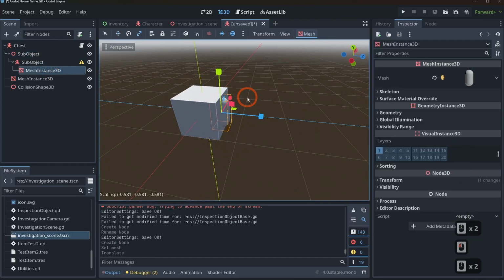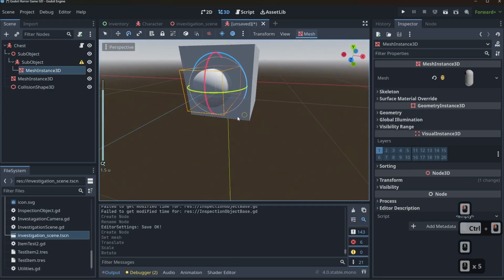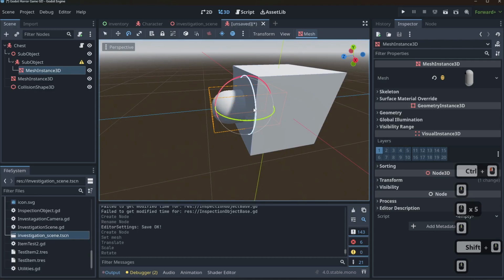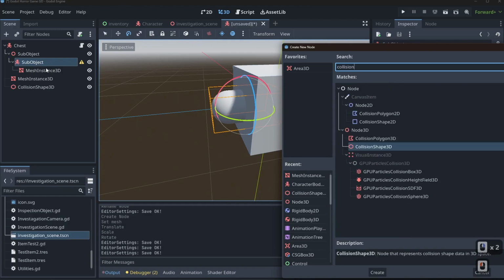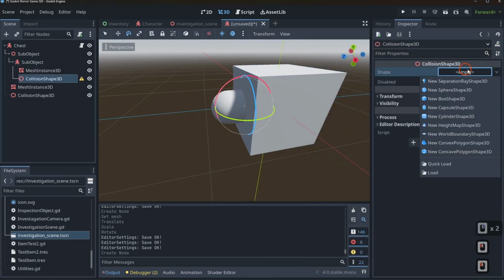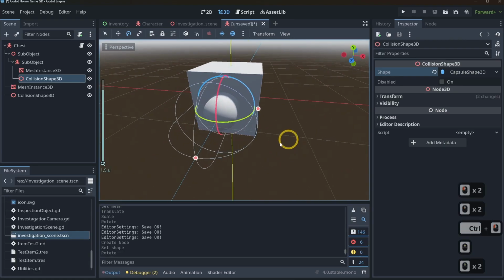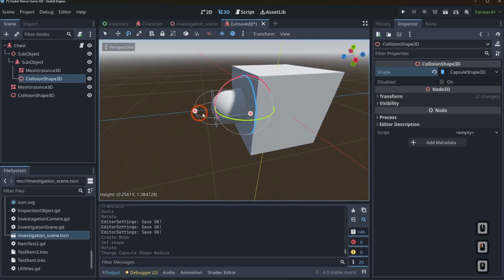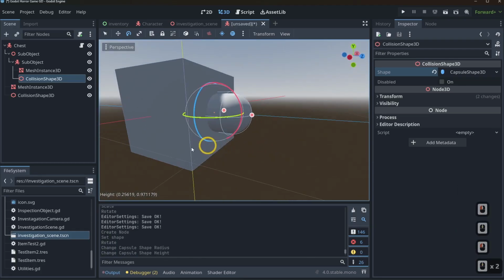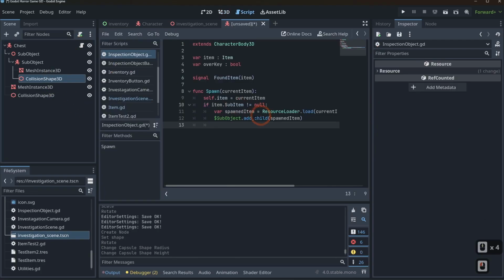And then we'll scale this guy down. We're going to rotate it 90 degrees like so. So we'll say the key is kind of in the chest, if that makes sense. And we'll right click our sub object. We'll add in a child node. We'll add in collision, and we'll add in a collision shape. We'll make that into a capsule shape. And we'll just rotate it 90 degrees and let's scale it to match. So we'll just kind of bring it down like so. And then we'll bring it down like so. And there we go. Now, all we have to do is go into our chest, come in here and hit